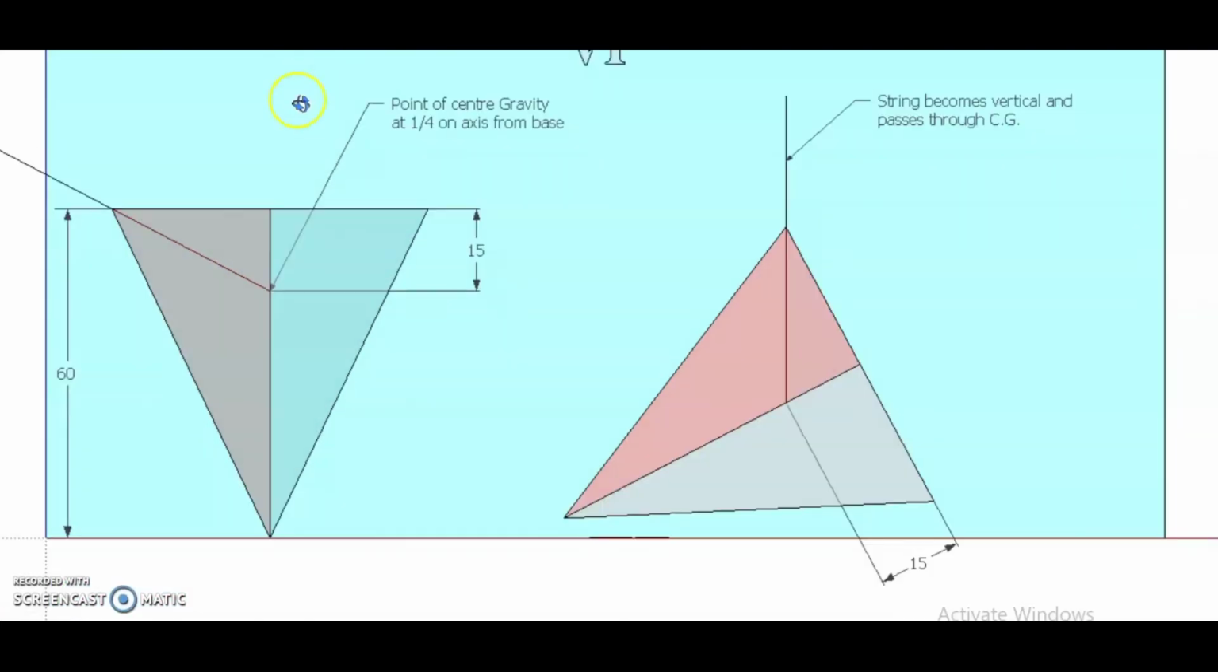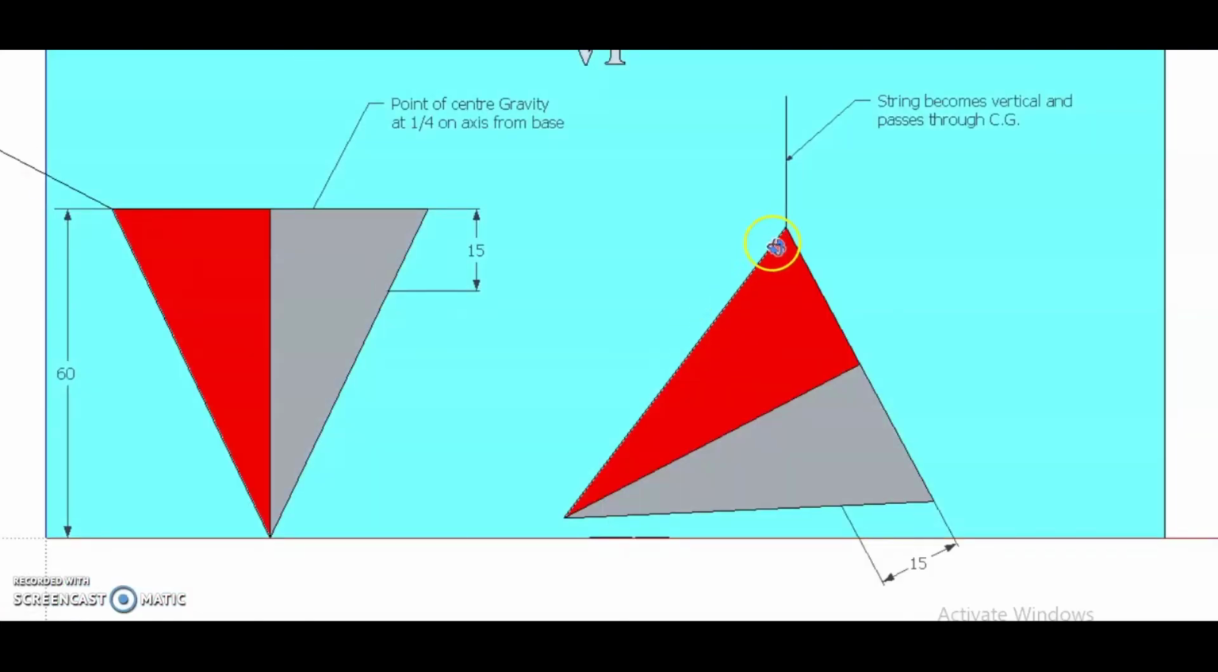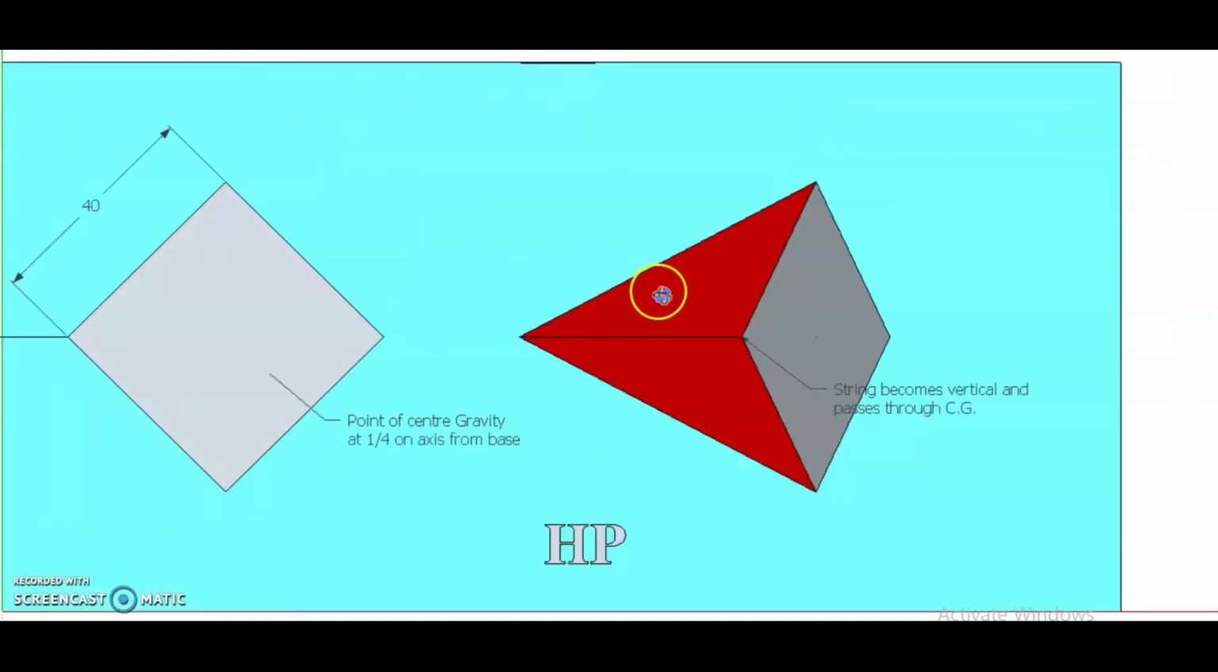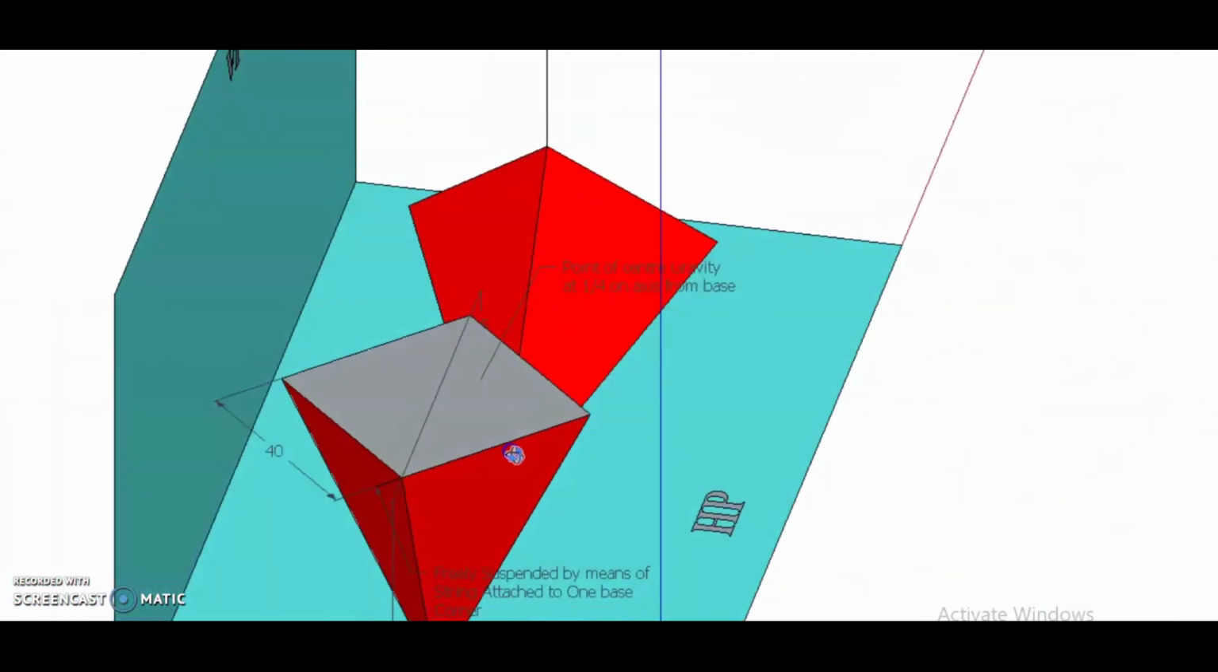So this is the final condition of the front view. Now we have to draw its top view. Now in top view, these two triangular faces are visible, and now